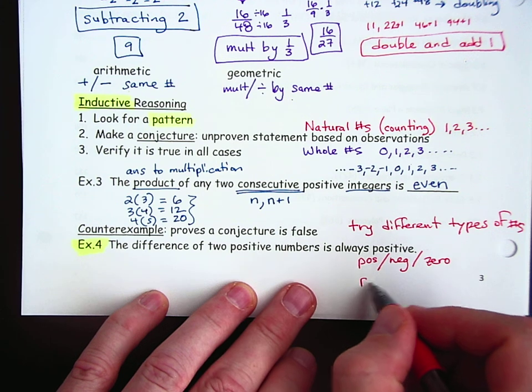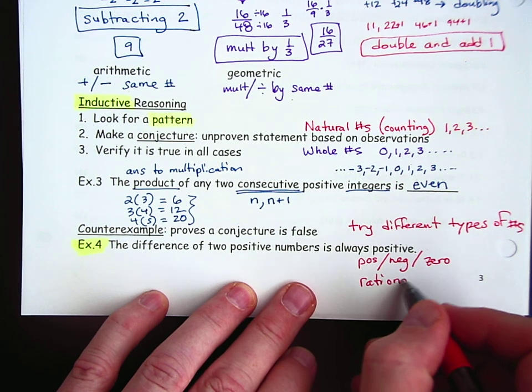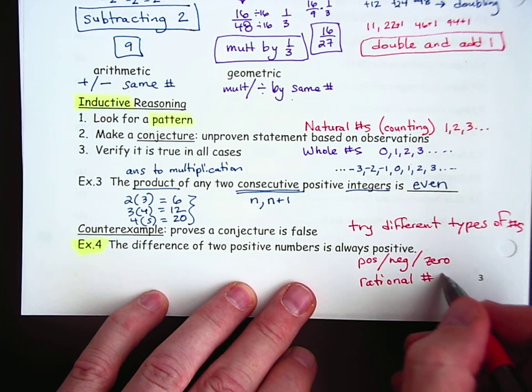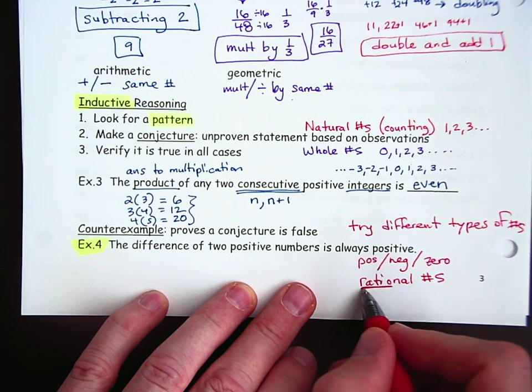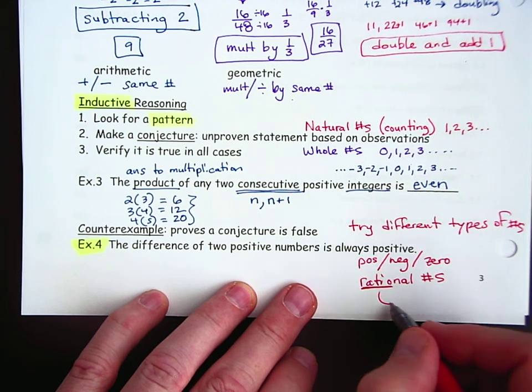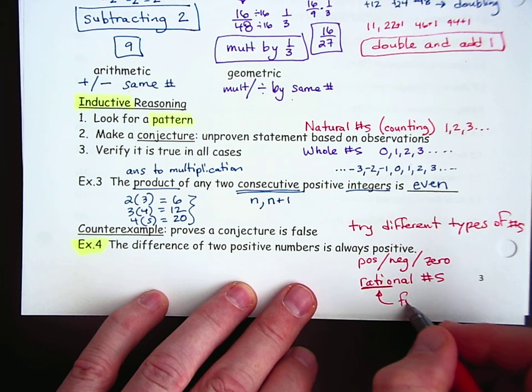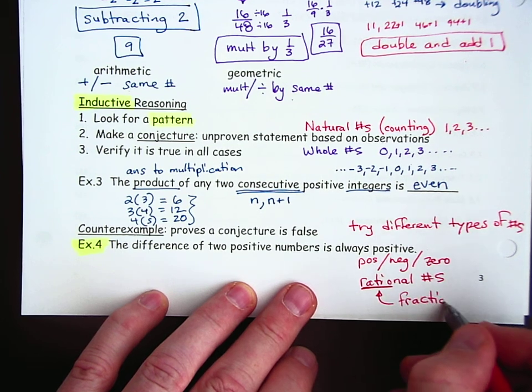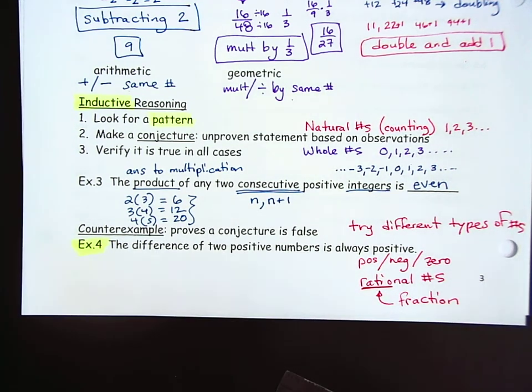You could think about rational numbers. There's another number type, rational numbers. Rational numbers have a ratio in them, which means basically that you can make a fraction out of them. So 2 is a rational number because you can write 2 over 1. 2 over 1 is a fraction, even though most of us would have just reduced that to 2. Okay, so